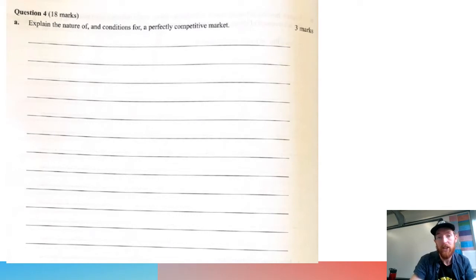So, explain the nature and conditions for a perfectly competitive market. There's only 3 marks. VCA study design only really points out 3 preconditions for a perfectly competitive market, but there are 4 that we tend to accept. So, hopefully, you were just going into a little bit of detail, and that there are many buyers and sellers,